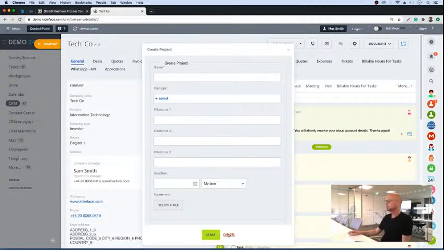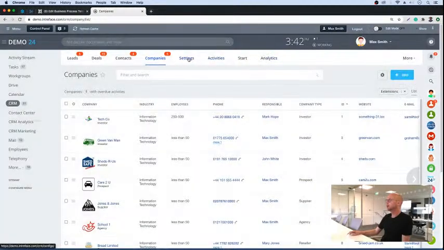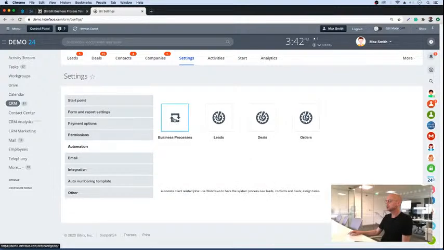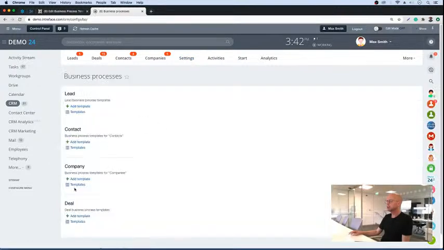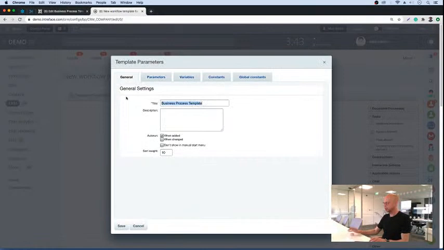I could just show you quickly how to do that. If we go into settings, so that would be better than creating a task manually, because you'd make sure that it got categorized as a ticket in the correct way. If you go into settings and automation, business processes, we're going to create it on the company, and so we go into add template. So we call it ticket, and we want this to run